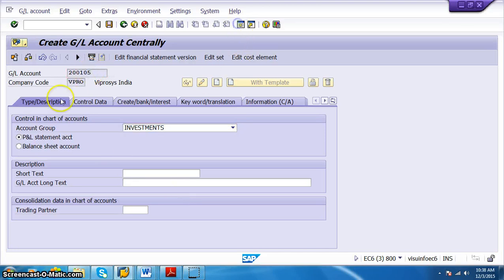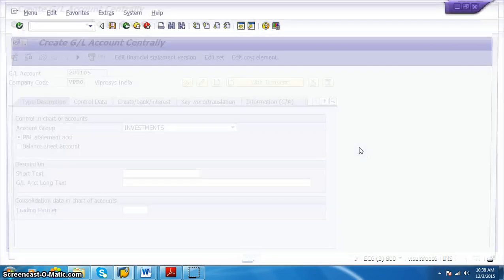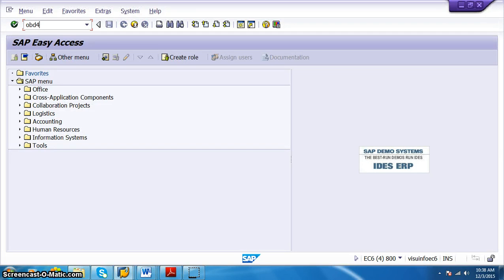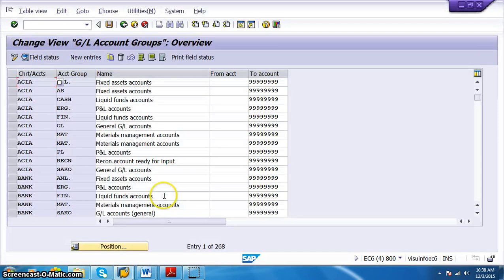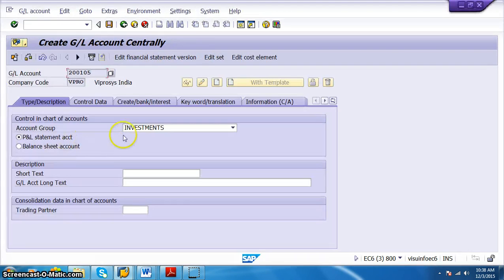And if you have a doubt in this, you can go ahead and check in the OBD4 transaction what are all the account groups that we have given. So whenever we are creating an account in FS00, we need to make sure that the account group is matching.